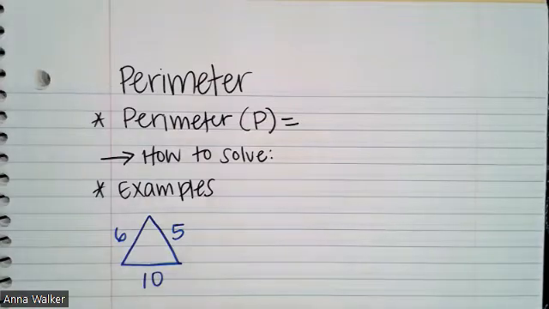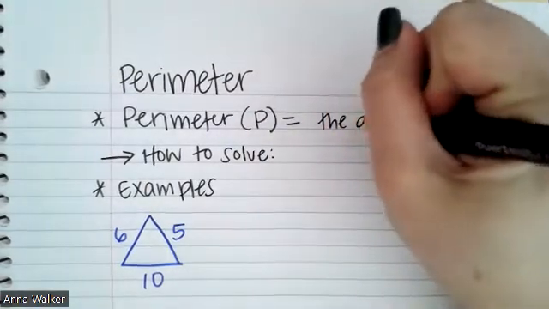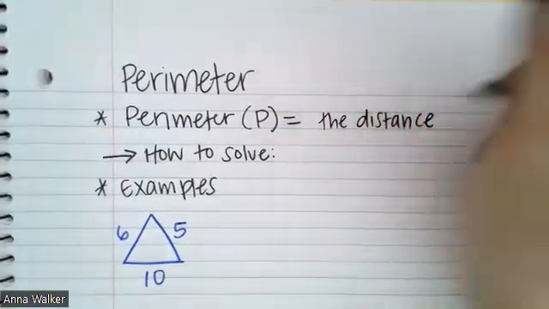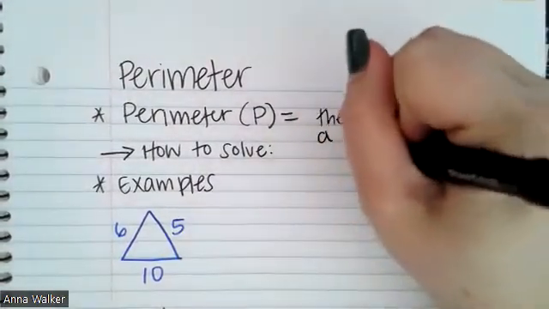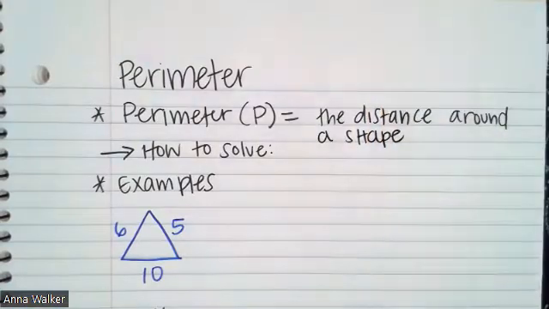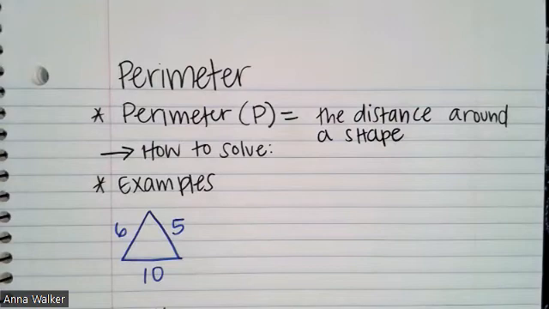So the definition of perimeter is it is the distance measured around a shape. So the distance around a shape. So a lot of times perimeter is used for things such as, if we're trying to build a fence